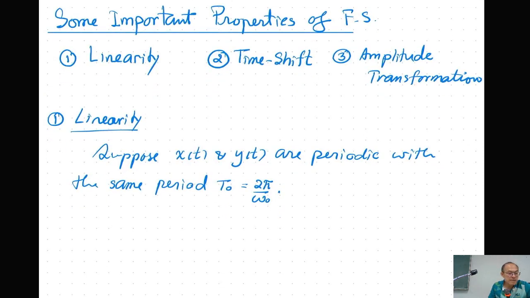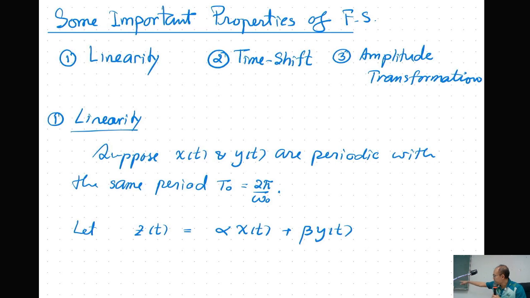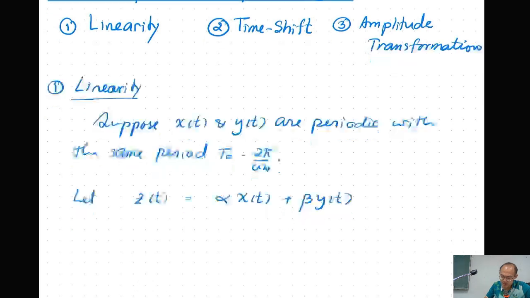And let z be a linear combination of x and y, where alpha and beta are complex constants. They can be complex numbers, not necessarily real numbers. Then